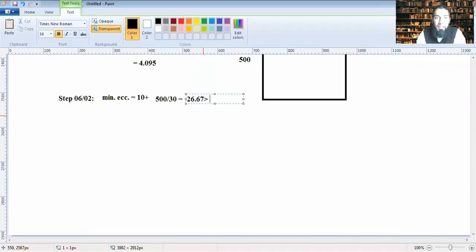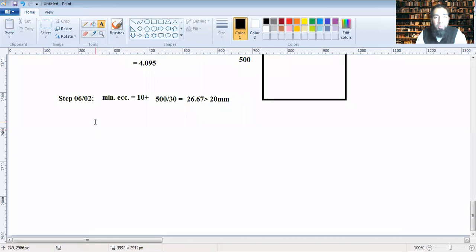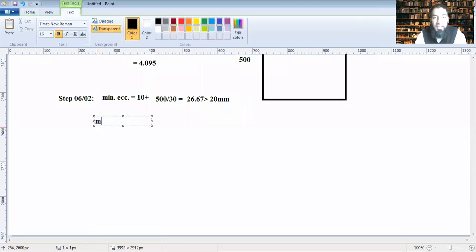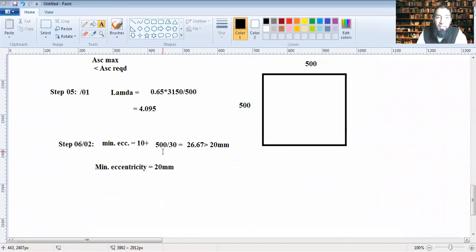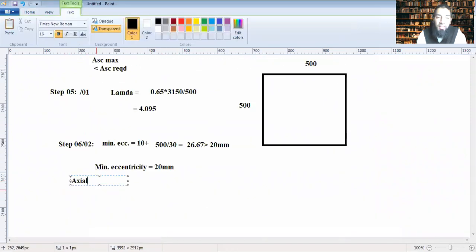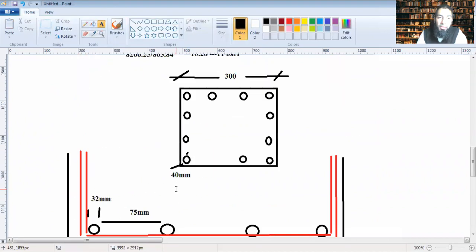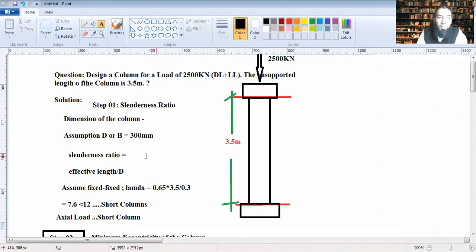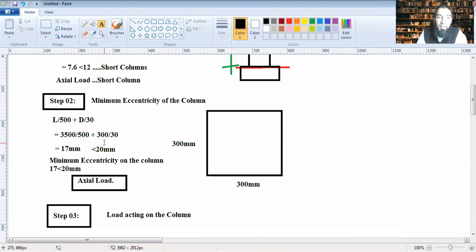So this is coming out to be greater than 20 mm. So the minimum eccentricity that you need is at least 20 mm. Now you could say that this design could shift towards an eccentric one, but right now we will concentrate that it's still an axial load with a slightly larger amount of eccentricity acting on it. So at present, we will design it as an axial load